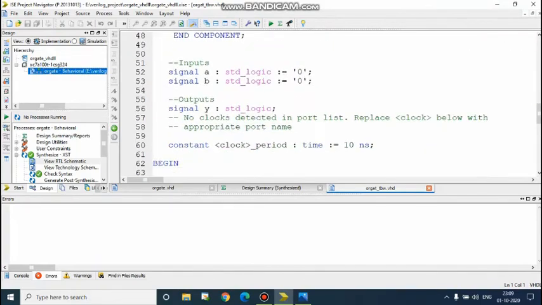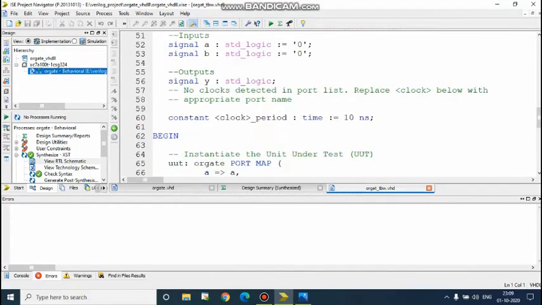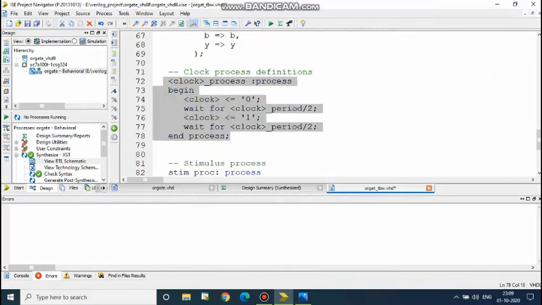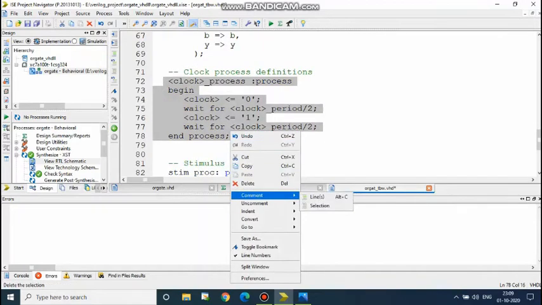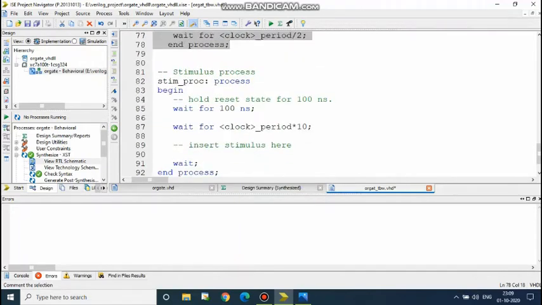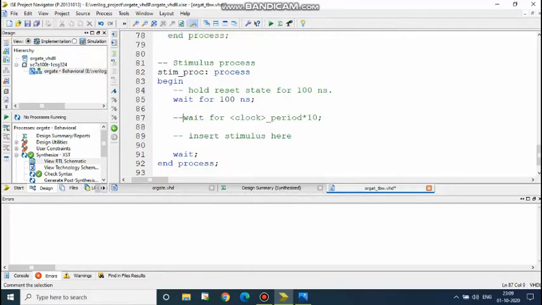Here you can see some clocks. We are not simulating a sequential circuit, so you have to remove the clock or comment out all the lines related to the clock.